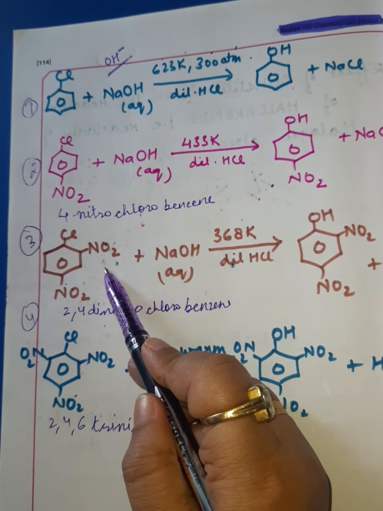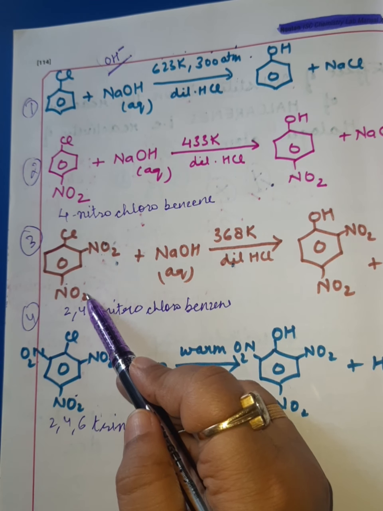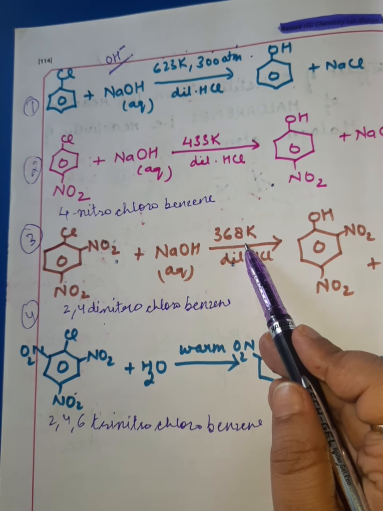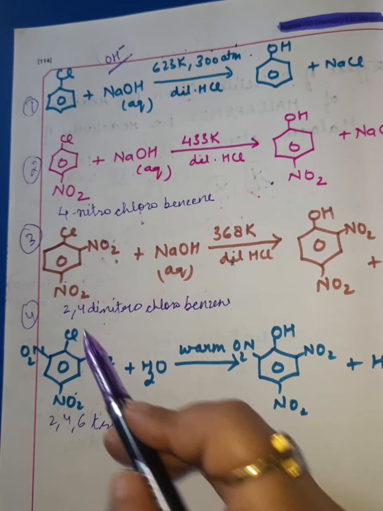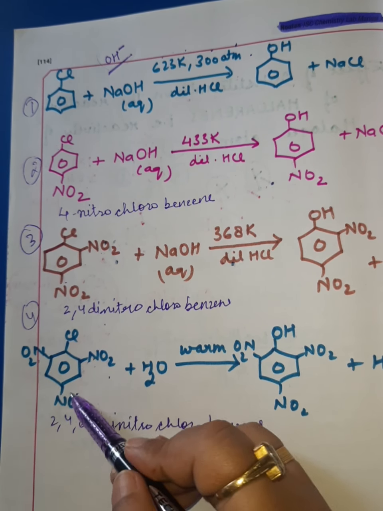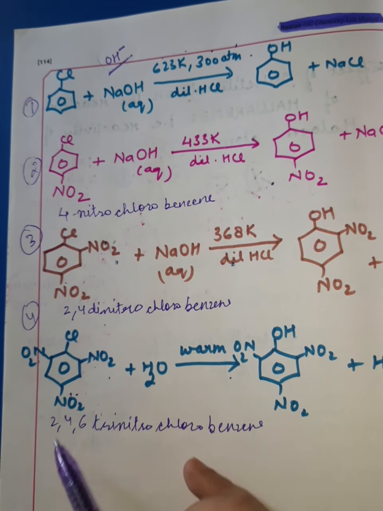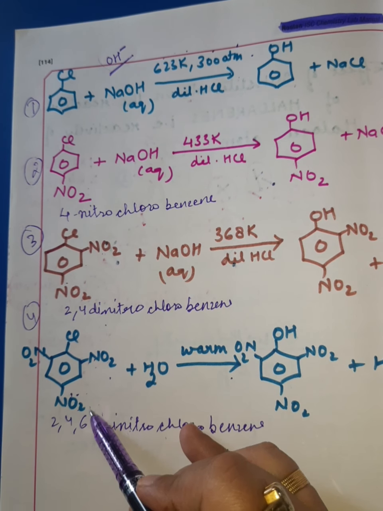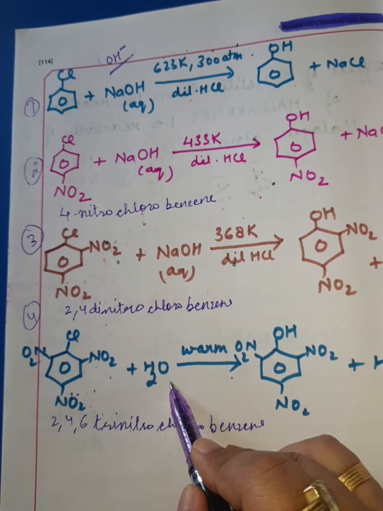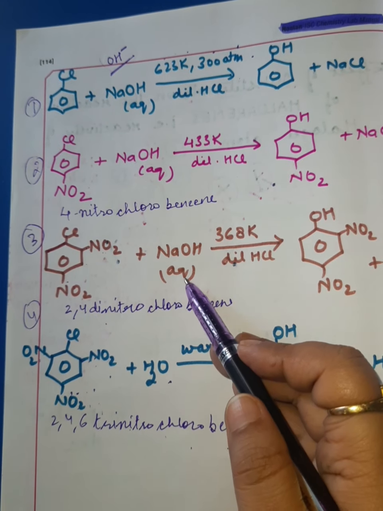Now in the third equation there are 2 electron withdrawing groups present at 2 places, at ortho as well as at para. So vigorosity of the condition has decreased. And now here in the fourth equation we have 3 electron withdrawing groups present at all the ortho and the para positions. And now see the condition. In case of fourth equation, 2,4,6 trinitrochlorobenzene, we just need to warm the compound with the water itself. Even we need not require the presence of any alkali for the substitution process.